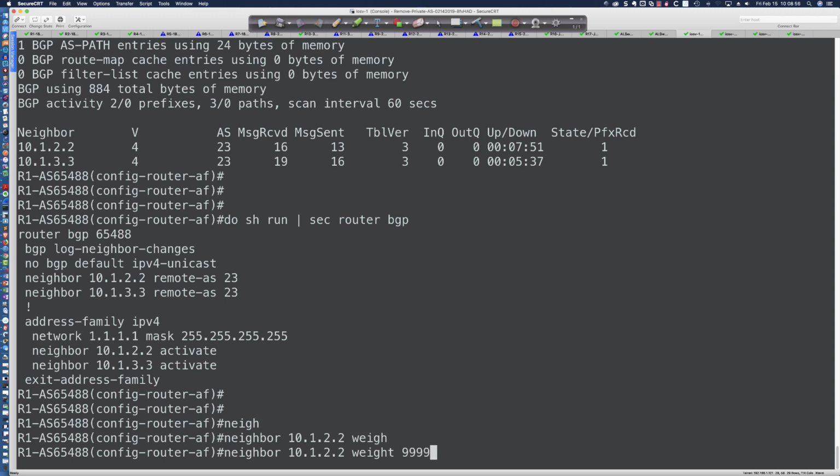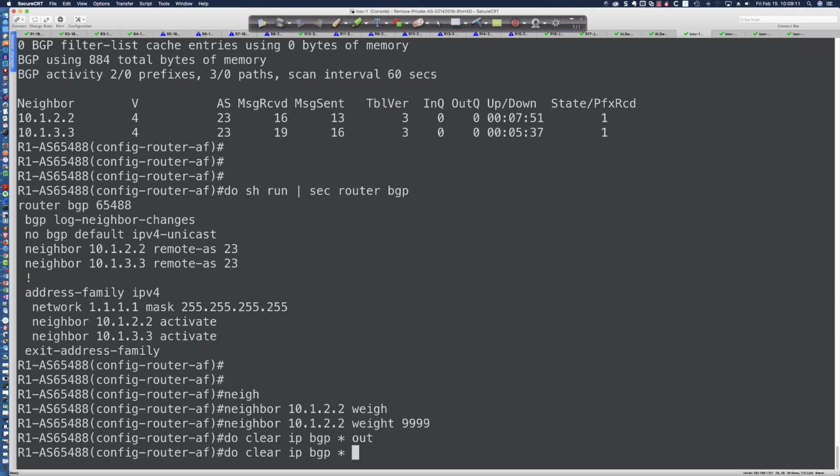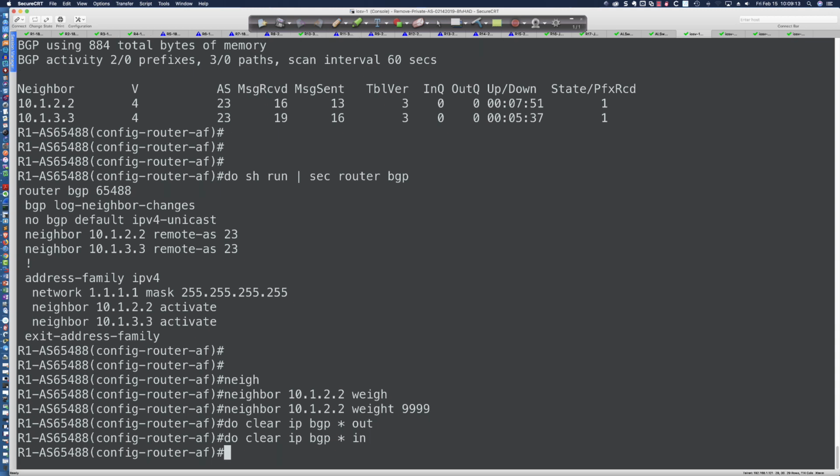I'm a big believer in 9999, right? That's a value that I like to use for our preferred outbound path. So now I'm going to put that in there, but we're not done yet. What we want to make sure we do is say do clear IP-BGP star out, and then I always do both, star in, just to be sure. Do a soft reconfiguration here, right? It doesn't tear the peering down, but it refreshes everything,